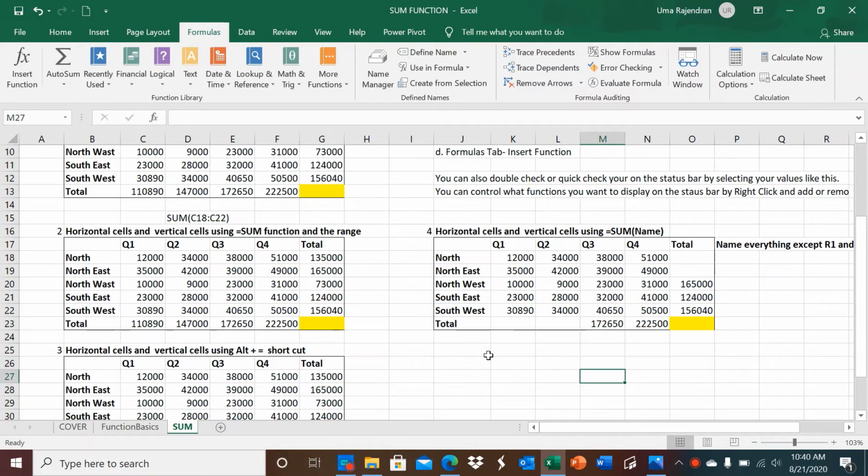The fourth way of doing a sum is using the named range. That means you can name a range, and it is similar to what we did here using the range, but before we do the sum we can always name a range. So we can name this as north. This range is called north. I already did that. So you can just select it, enter the name in the name box and press enter, and make